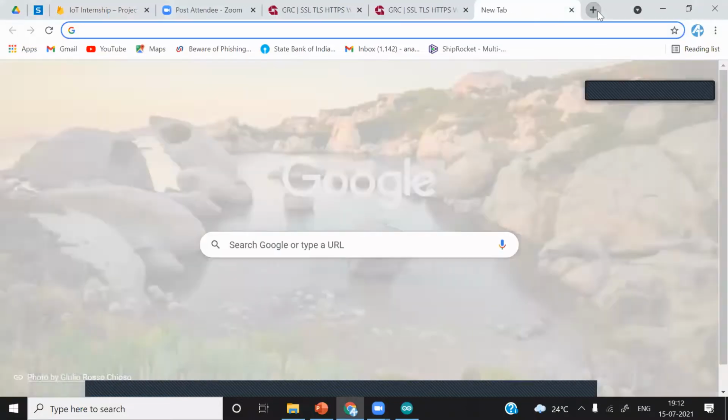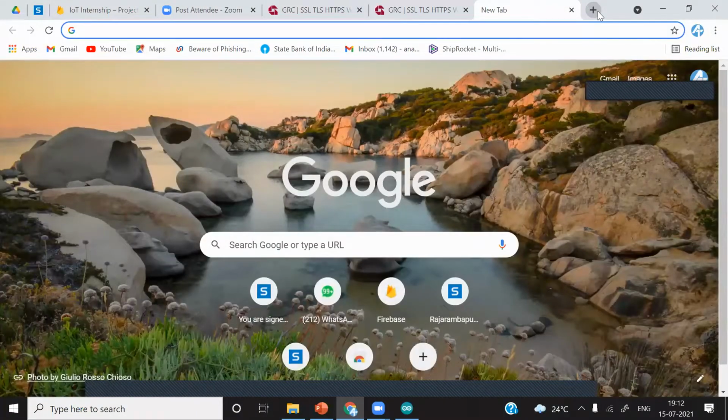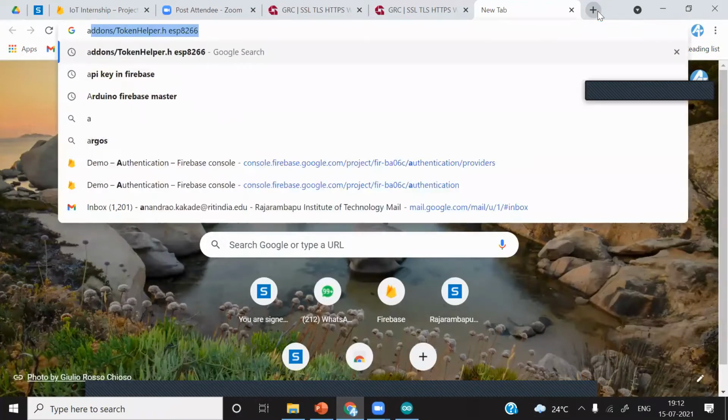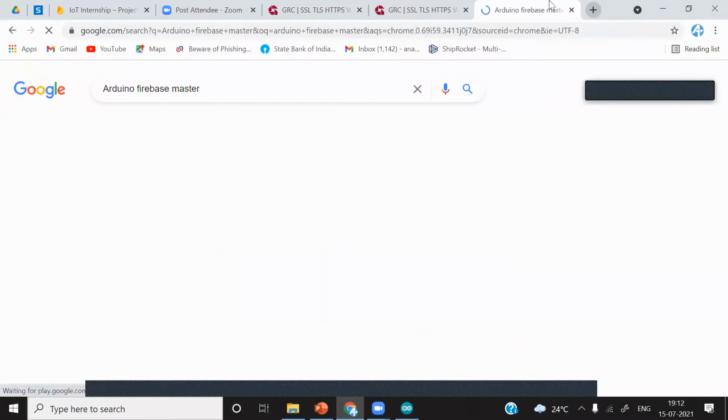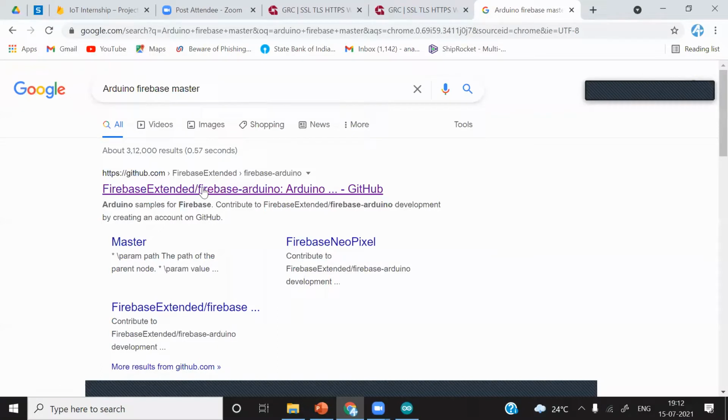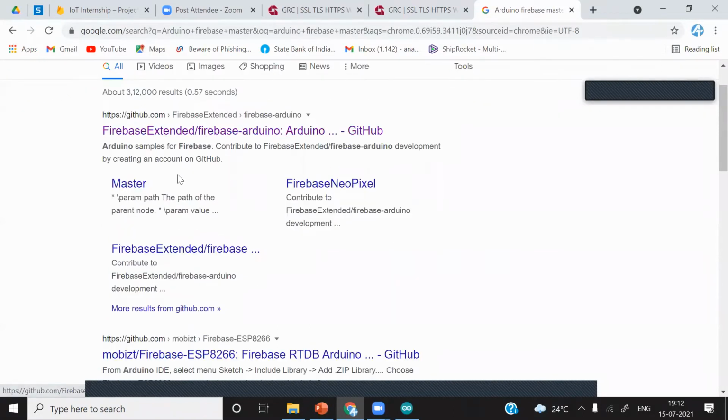There is also an option where you do not have to change this fingerprint every time. There is one library, the same library with some advanced features we have not included in the sessions. I'll just show you. It is called Firebase master. Previously, we installed this library from this Git repository.